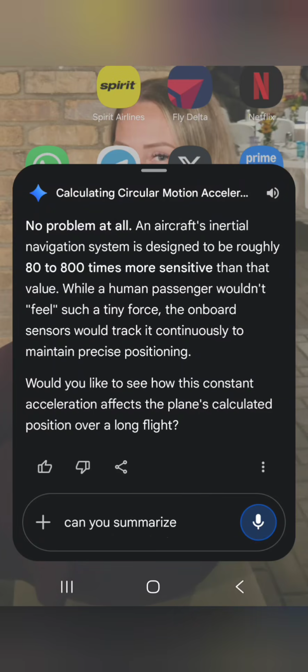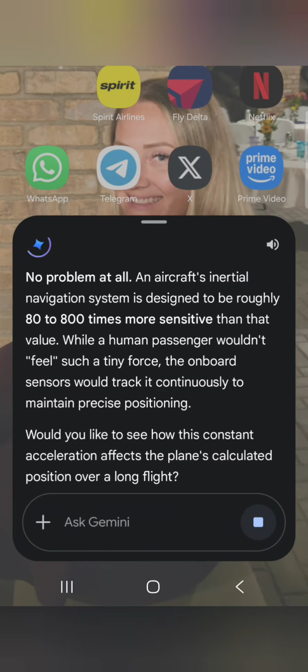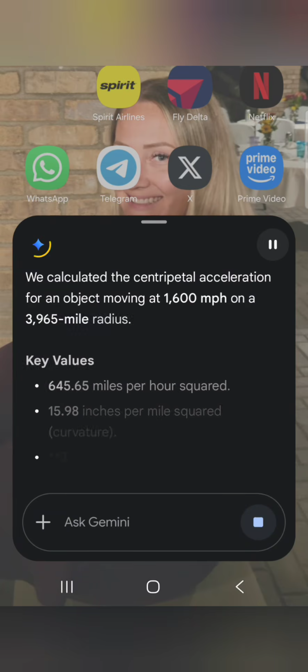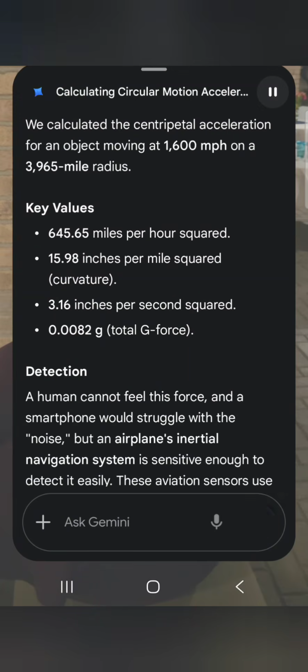Can you summarize everything we just said? We calculated the centripetal acceleration for an object moving at 1,600 miles per hour on a 3,965 mile radius. Key values: 645.65 miles per hour squared, 15.98 inches per mile squared. Curvature: 3.16 inches per second squared,